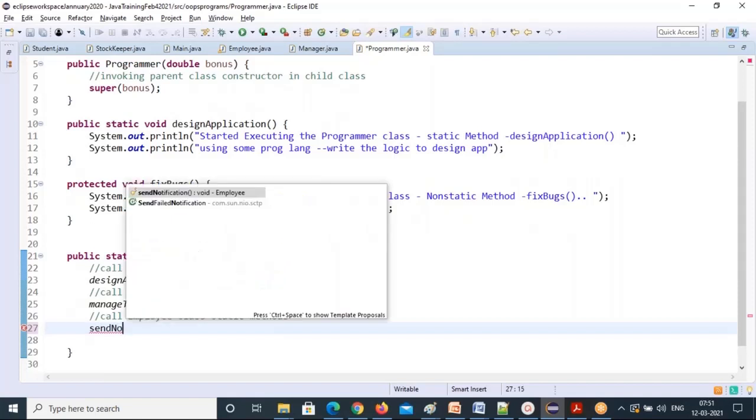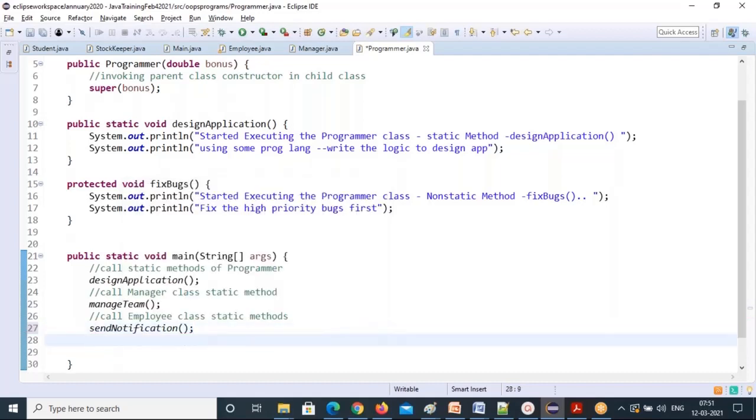Press Ctrl+Space, write a little bit, and it will show in the panel. Then automatically, press Ctrl+Space after writing a little bit and you will get the method name automatically. I'm just showing it like this.